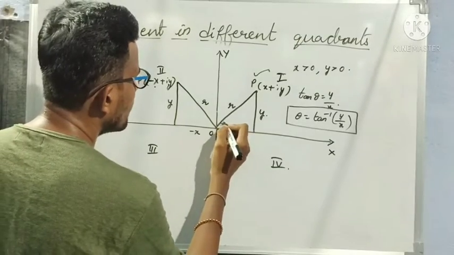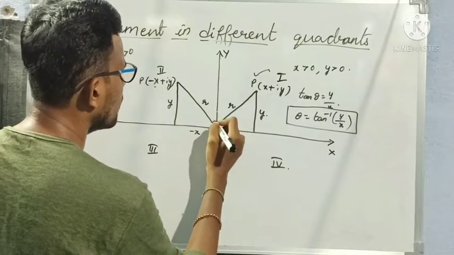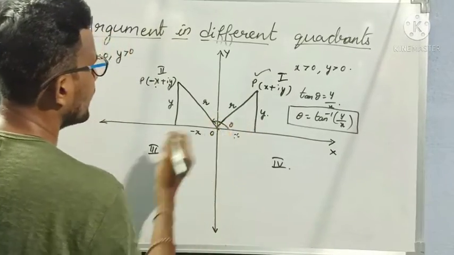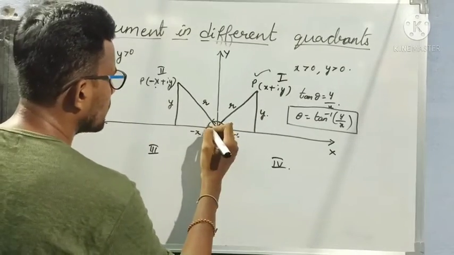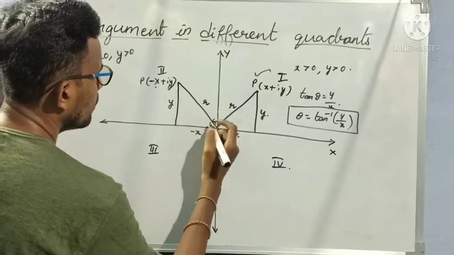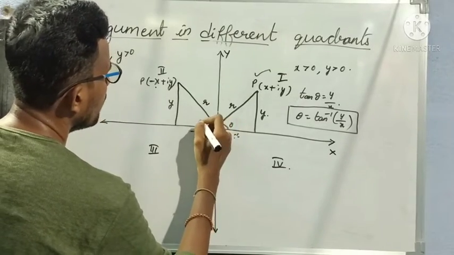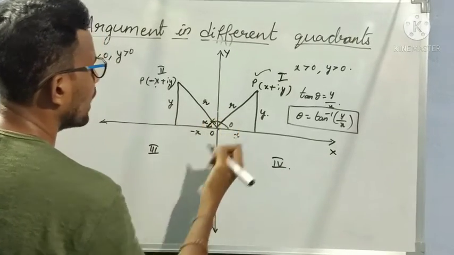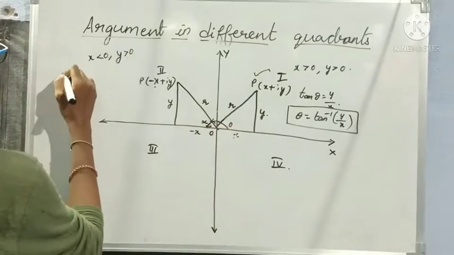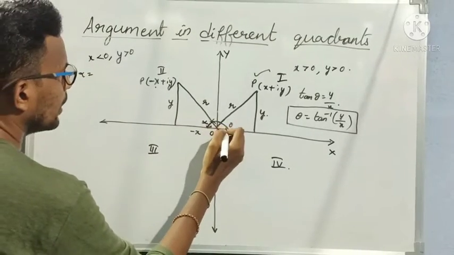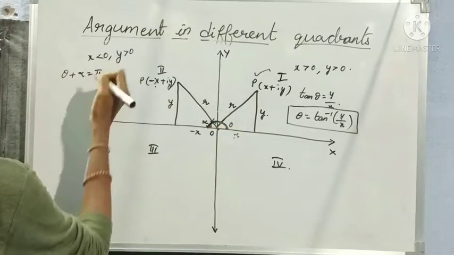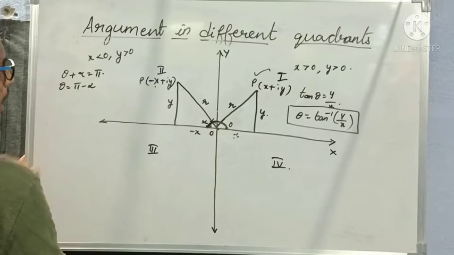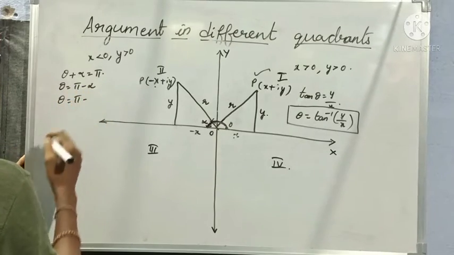So if this is theta in the first quadrant, in the second quadrant, from here to here this complete angle will be theta. Means here we are getting an obtuse angle. Right? How to find out that value? If I take from here to here, this will be alpha, right? Here theta plus alpha completely is equal to pi. This angle completely is 180 degrees, so pi. So theta is equal to pi minus alpha.